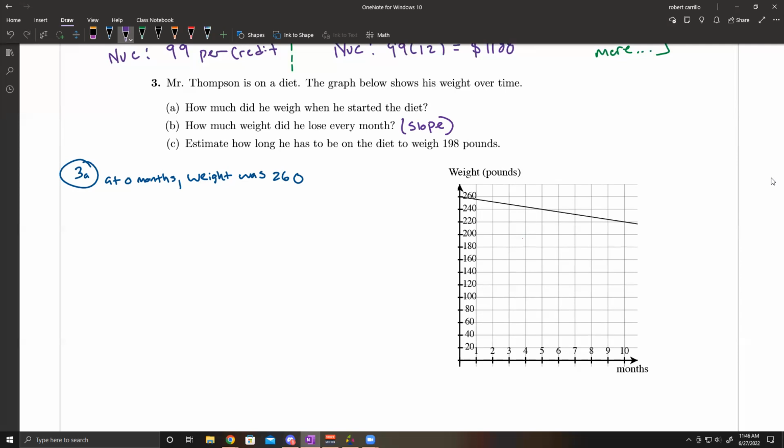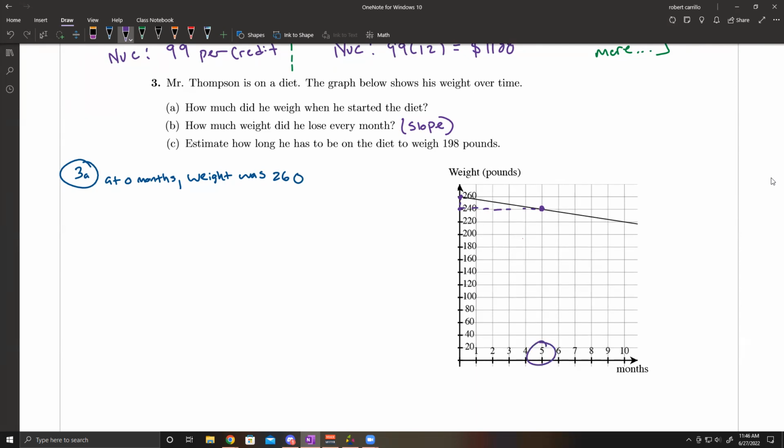We start at the beginning weight of 260 and go down to 240, then go to the right until we hit an actual point on the graph. Our rise is down 20 units, and our run is